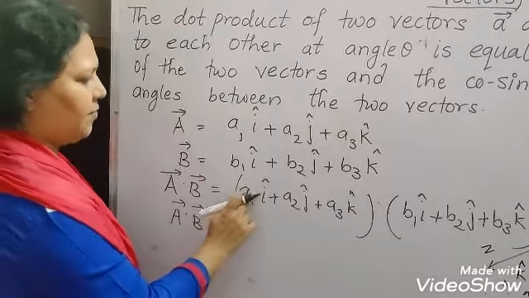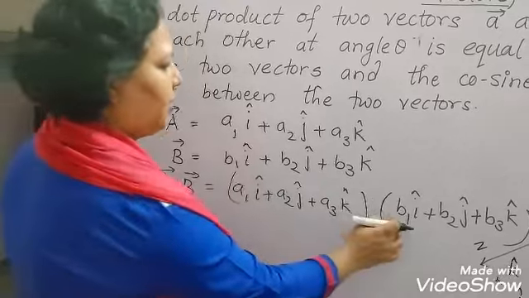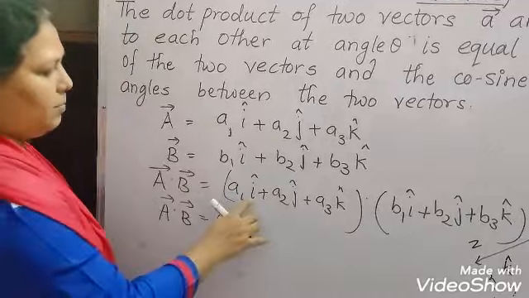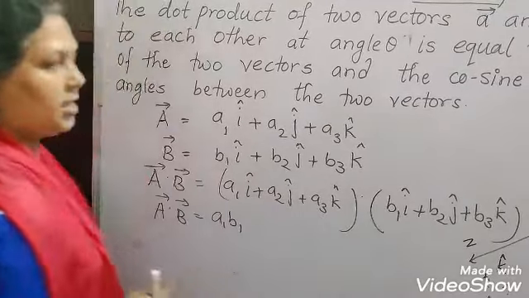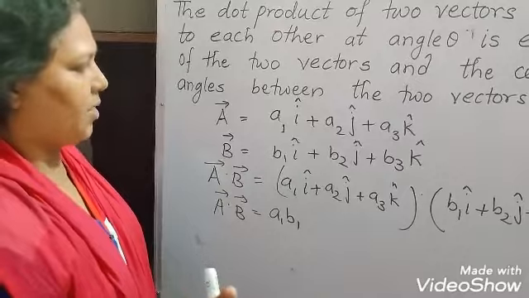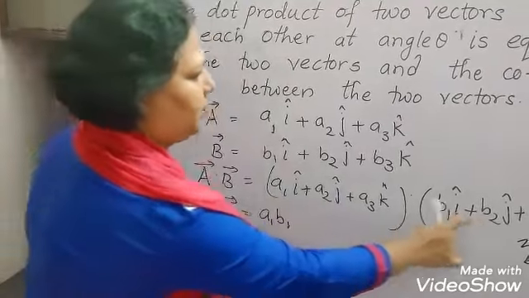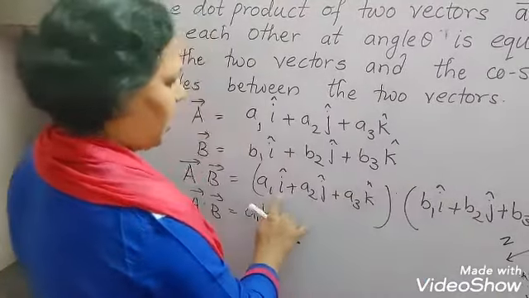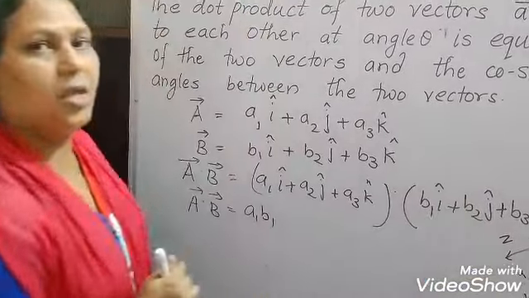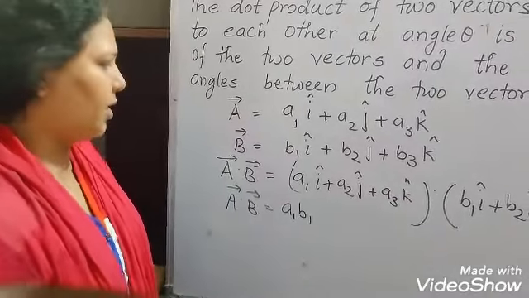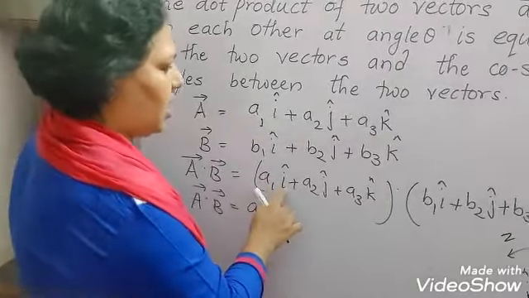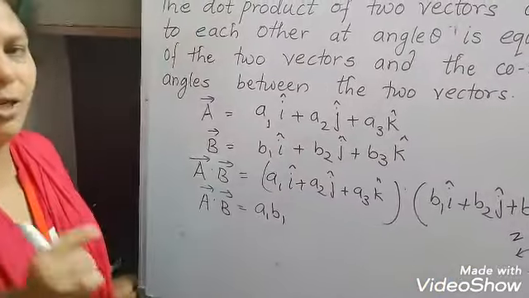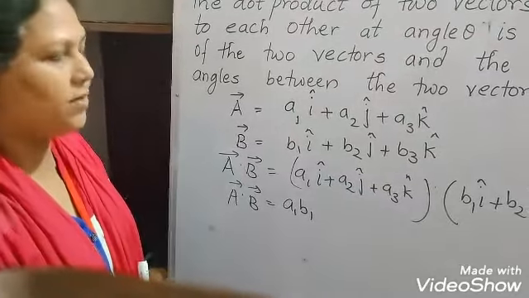First of all, A1 is multiplied with B1, it will give us A1 B1, because i dot i is equal to 1 here. But A1 is multiplied by B2, so it will be A1 B2 and i dot j is 0 here. A1 i multiplied by B3 k, then again the value will be 0 because i dot k